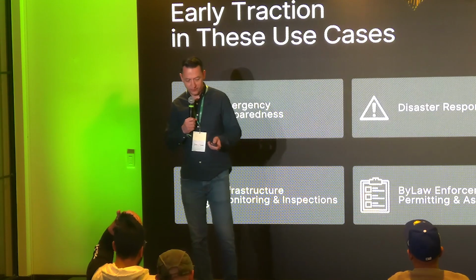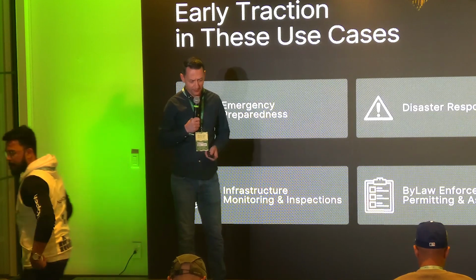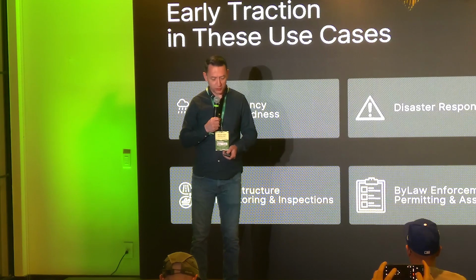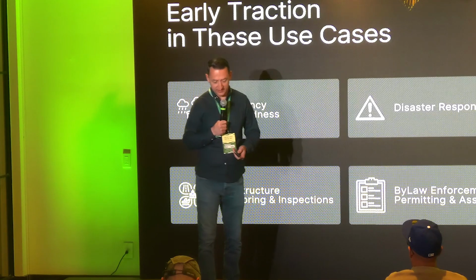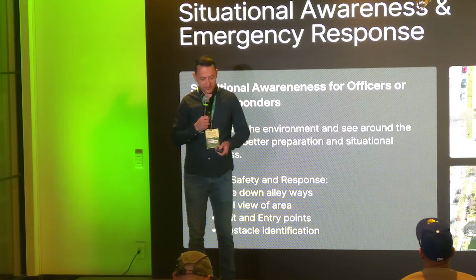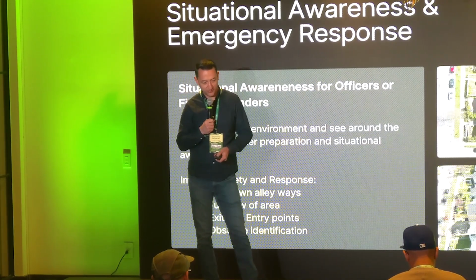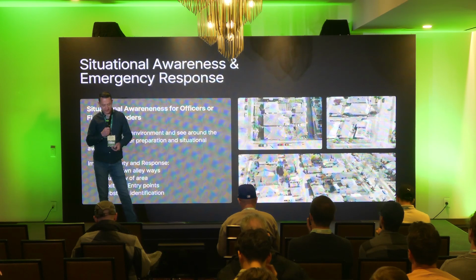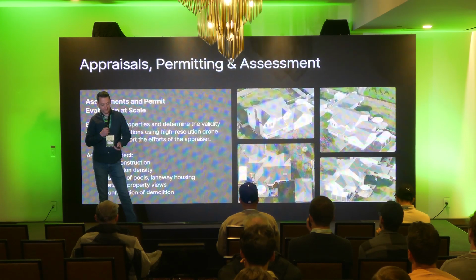And so I just want to highlight a few use cases that we've had early traction in. Emergency preparedness is a huge one. Disaster response, 911 situational awareness, infrastructure monitoring and inspection, bylaw enforcement, and urban planning and land usage are huge ones for us right now. I can just quickly go through these because they're more of an explainer of what those are, but there are different use cases for this data, and he highlights here a few more data sets that you can kind of see. Rail, road